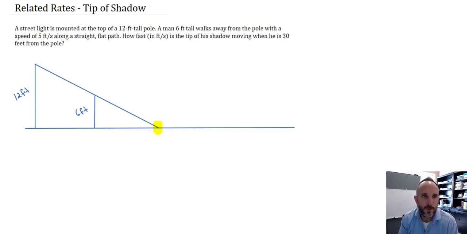So where most people mess up here is they like to call this distance in front of the man, or the length of his shadow, they like to call that x. So if we call that x and we find dx/dt, what we have is a rate of change as to how fast the length of the shadow is changing. That's not what this question's asking. This question asks,